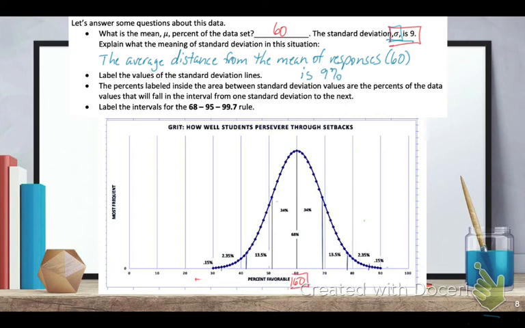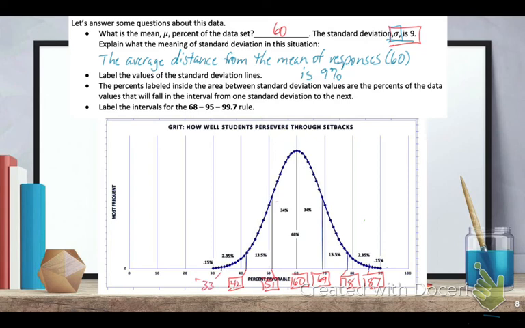So I'm going to add 9, and then my next mark is 69. And then 9 more would be 78. And then 87. And then one standard deviation below would be 51, and 42,